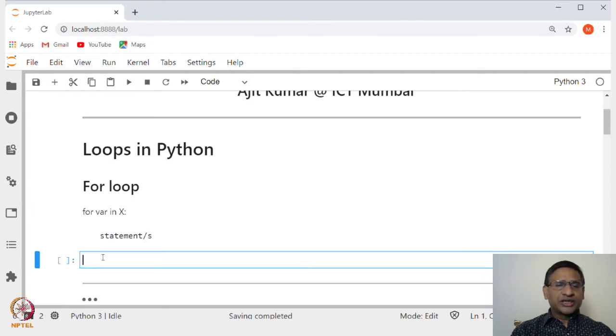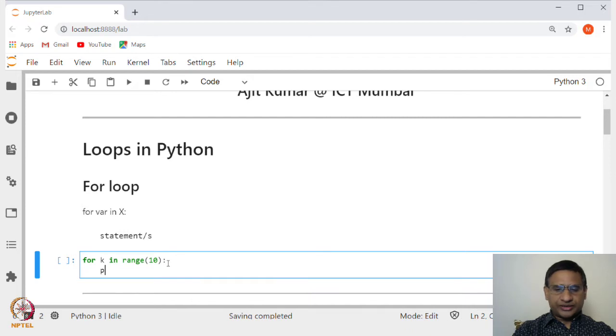For example, let us say for variable k in range 10, and suppose I just want to print k. Range 10 means it will give you 0 to 9.